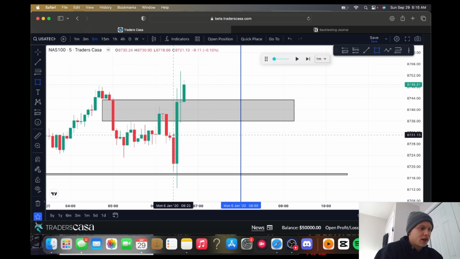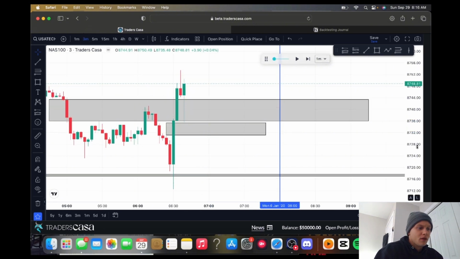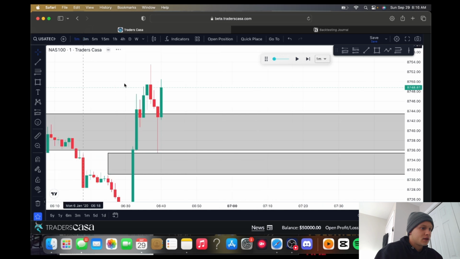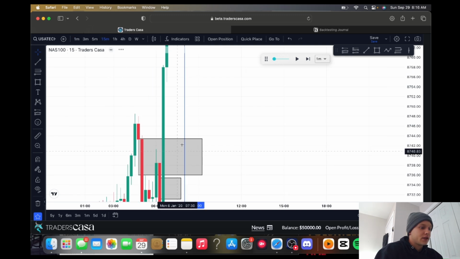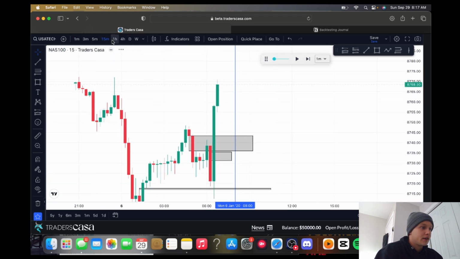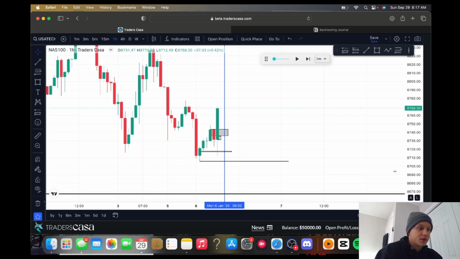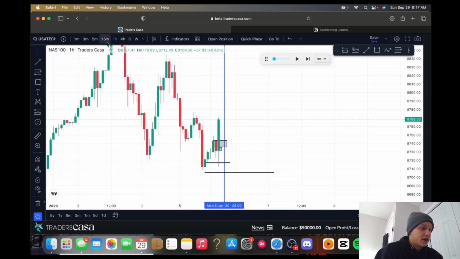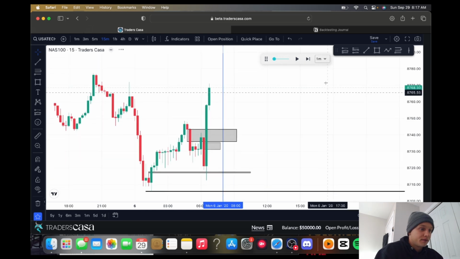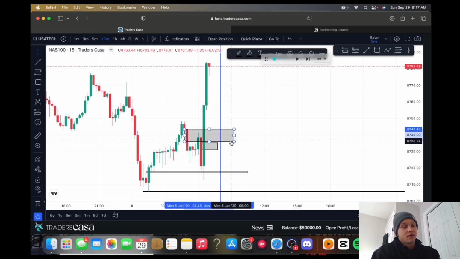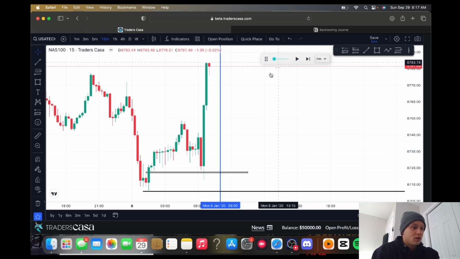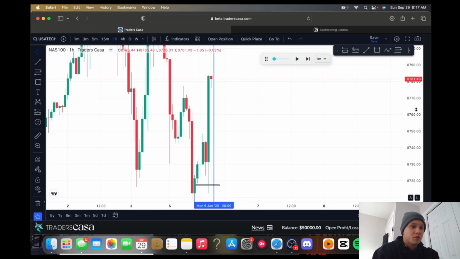Okay, we left behind this 5. We have a 3 minute there, so we'd have to look for like a 1 minute in here. Which clearly we're getting respected, so we just inverse that. Probably going to inverse the hourly, and now we're going to be pushing to the upside here. No, wait for this 15 minute to close. I actually am going to wait. Yeah, okay, so perfect. The hourly closed.